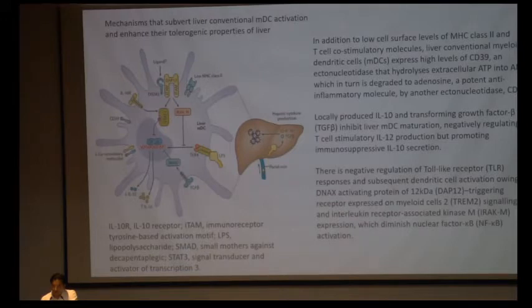And then they negatively regulate the T stimulatory cells and IL-2 production by promoting the immunosuppressive effect of IL-10 secretion as well. So there is negative regulation of toll-like receptor response and subsequent dendritic cell activation owing to DNAX activating proteins and triggering receptor expressed on myeloid cells as well as interleukins. So this is how basically there is suppression of myeloid dendritic cells, and it leads to suppression of the T-reg cells as well, and that's where the